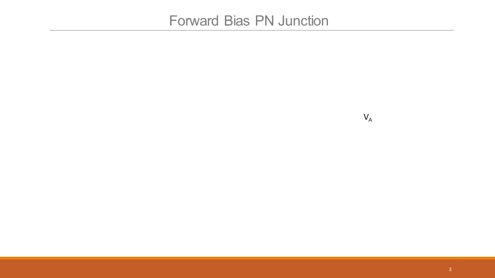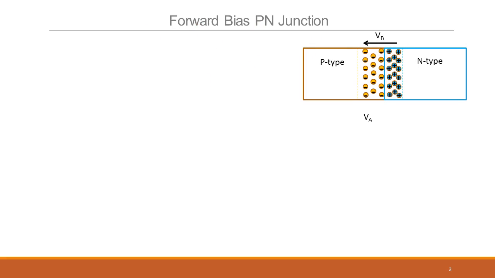So now let's take a look at what happens under forward bias in the PN junction. So far we saw zero bias. We'll now forward bias the PN junction, which means we are going to take the P type a little bit higher than the N type through an external voltage source. So we have this P-type, N-type junction out here, and we have the built-in potential. And now all we do is apply a positive voltage to the P side relative to the N side. And we want to see what happens to the junction, to the currents, everything.